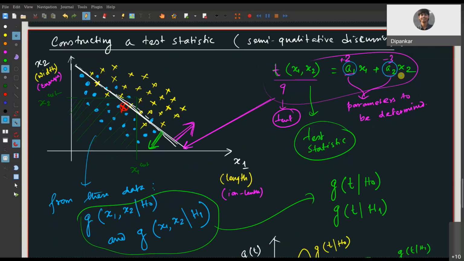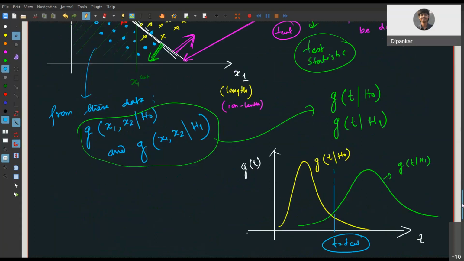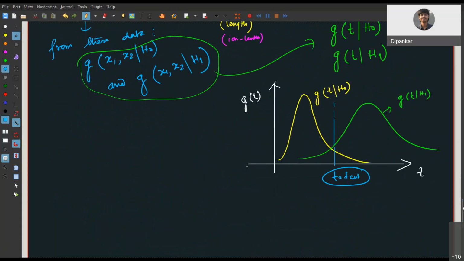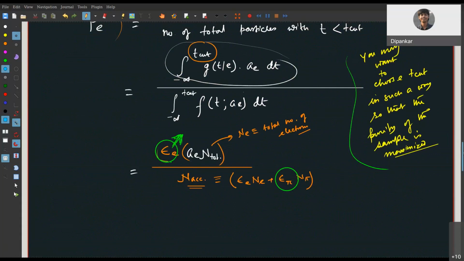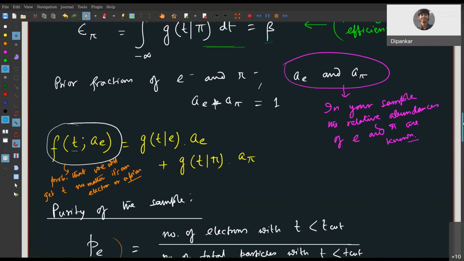Anything else about the conceptual points? Everything is clear, right? Okay. Now, all right. So, assuming that these are clear, then the thing, as Amarendra pointed out, first of all, how we choose the form of the test statistic and how you determine these coefficients a1 and a2. Okay, the value of this t cut can be optimized just by using the kind of experiments that you are doing,